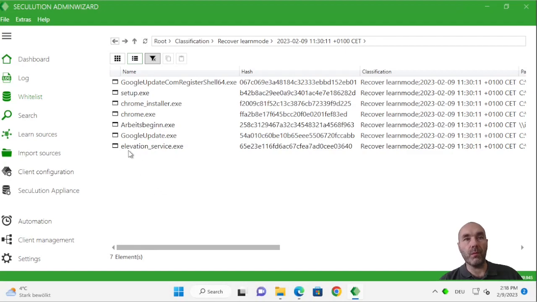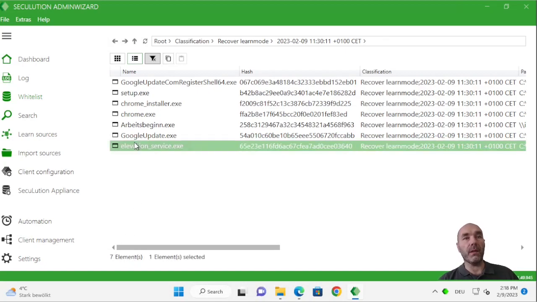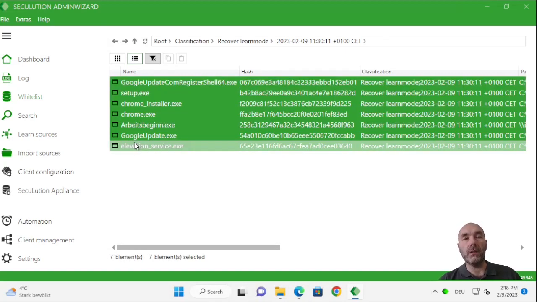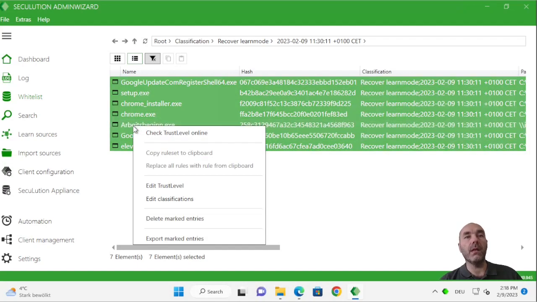In your real life setup, you would have had this running for 2 weeks or so, and you may have deployed the agent onto 1,000 or more computers. Obviously, this list would be a lot longer than just our 7 elements. Doesn't matter really, because you just press Control A to select all of them and click on Check Trust